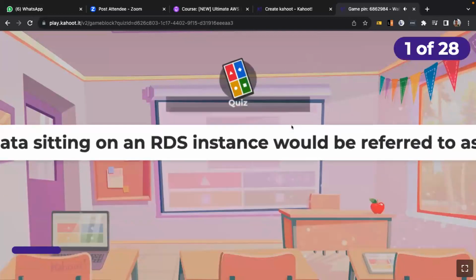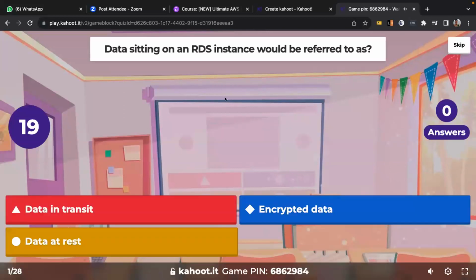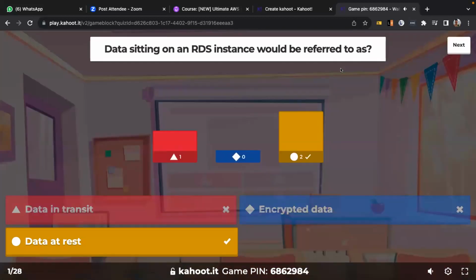The first question: data sitting on an RDS instance will be referred to as what? Okay, two people got it right. When data is in RDS, then we say that the data is at rest.